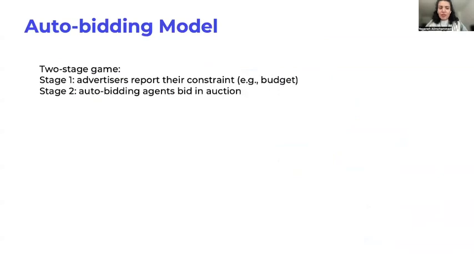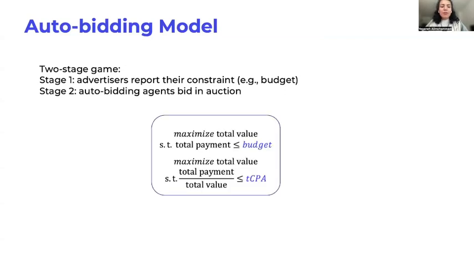So we modeled auto bidding as a two-stage game. In the first step, advertisers report their constraints, such as their budget, and they can be strategic in this step. In the second step, auto bidding agents bid in the auctions on behalf of them. For bidding, they are solving an optimization program, which in a simplified version is shown here. Note that in these optimizations, the goal is to maximize the total value of the advertiser. And then the constraint, if, for example, the advertiser has reported a budget, is that the total payment is less